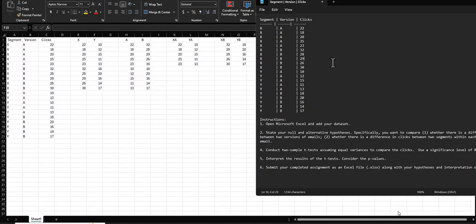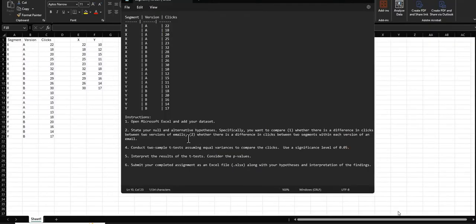We're going to then take a look at stating our null hypotheses. We want to make sure that we're comparing, one, whether there's a difference in clicks between the two versions of the emails, and whether there's a difference in clicks between two segments. So when we create those hypotheses, before we run our t-test, we're going to think about how we're stating these things, because we're going to run effectively a t-test for each one of these four